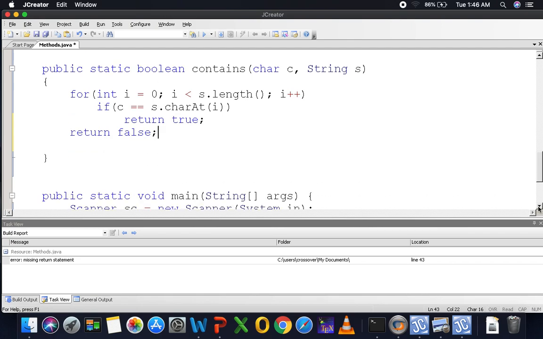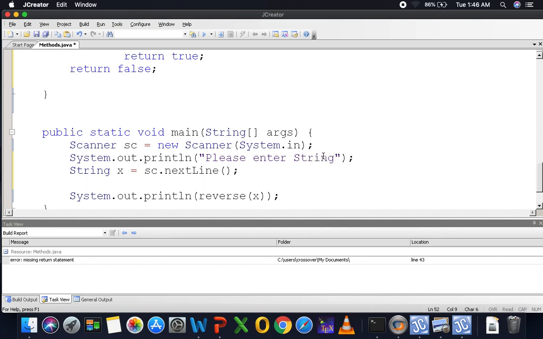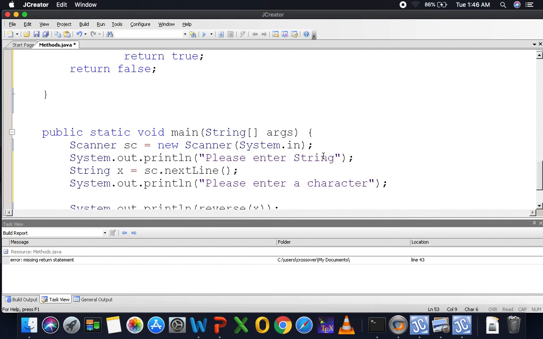Now the question is, let's try to test it. I will just ask the user to enter a string. Okay, this is my x. And I will ask the user to enter another string, a character. Please enter a character. And the user will enter, in this case, the character c. The question is, how can I make sure that the user will be entering a character? I will be using